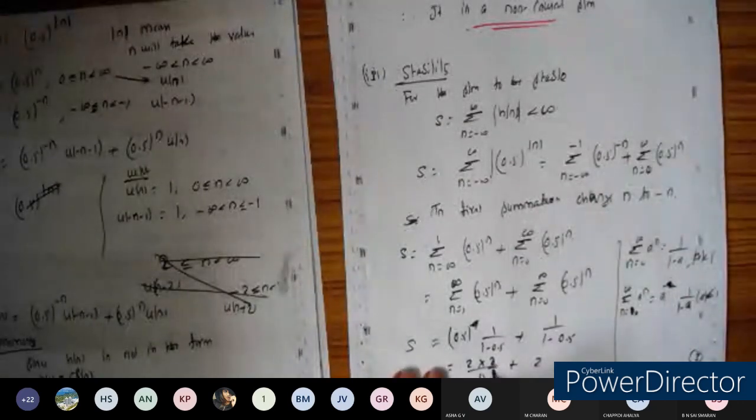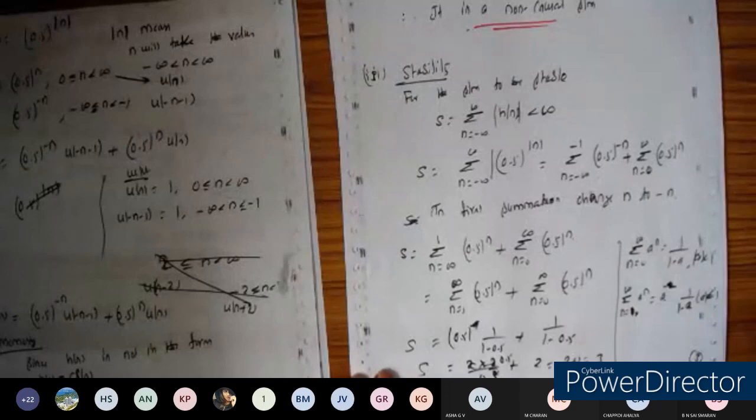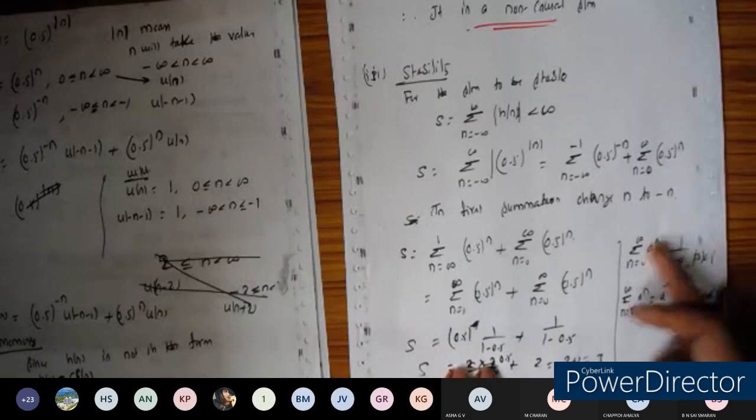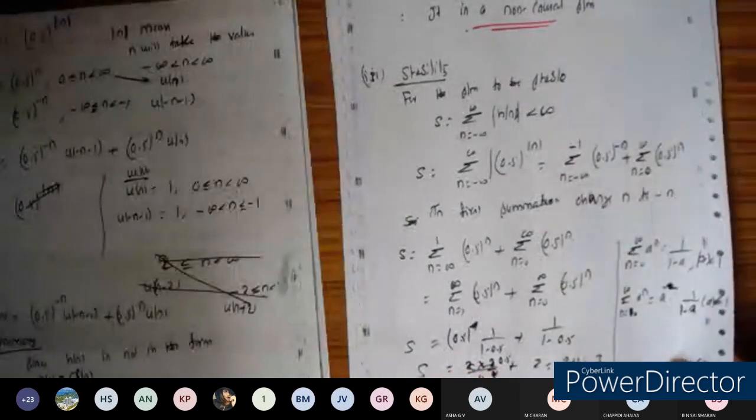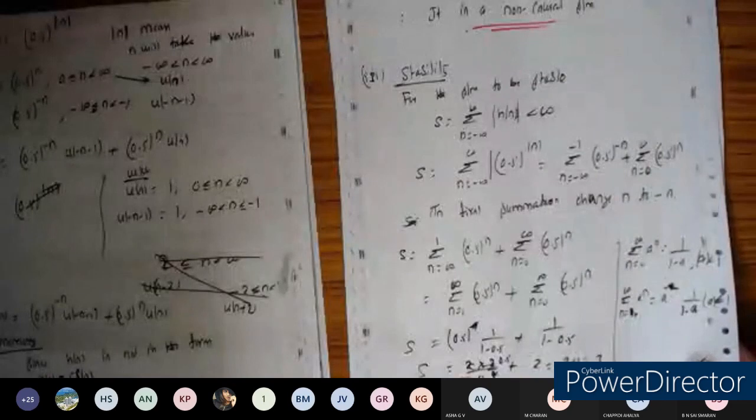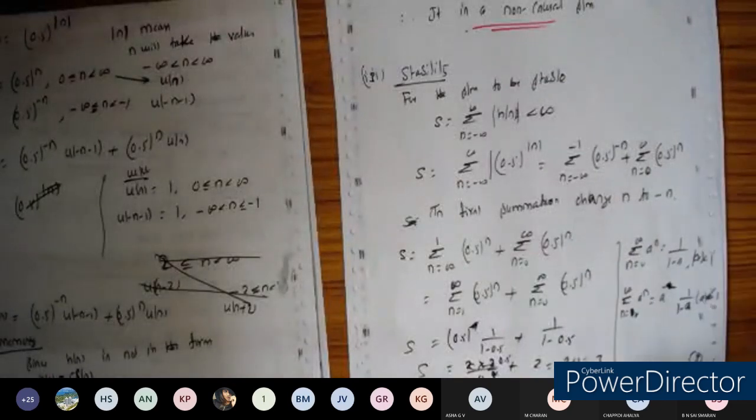Okay, so divided by 0.5. Here A is nothing but 0.5, so it will become 2, plus 1, which equals 3. That's why I ask you to make a list of the formulas at the end of your notebook, so when I ask for the formulas, you can come to know that. We already derived this formula long back. So done, right? The formula is correct. Everyone got the value 3?